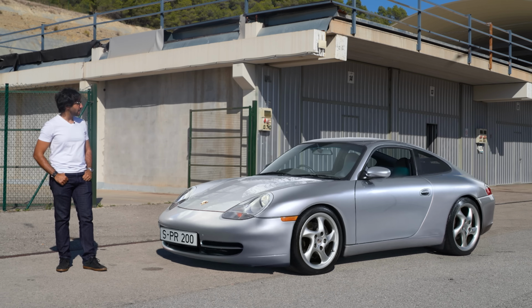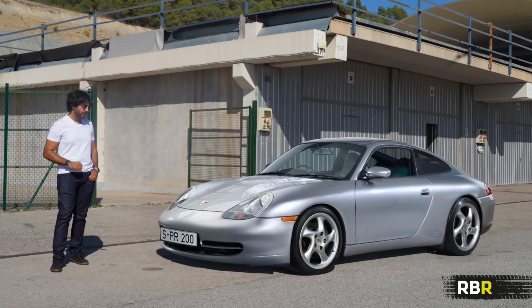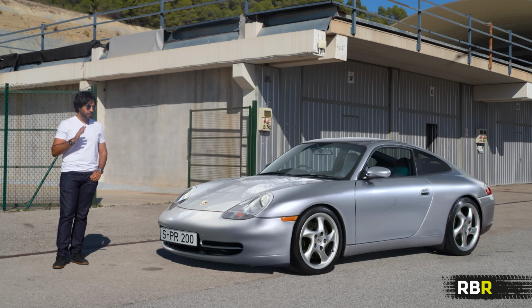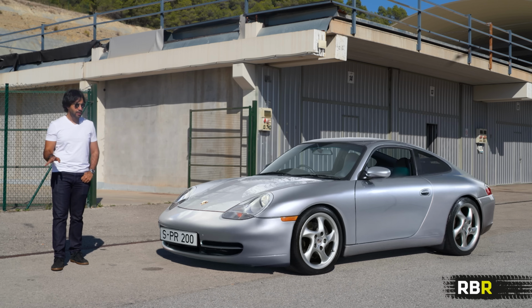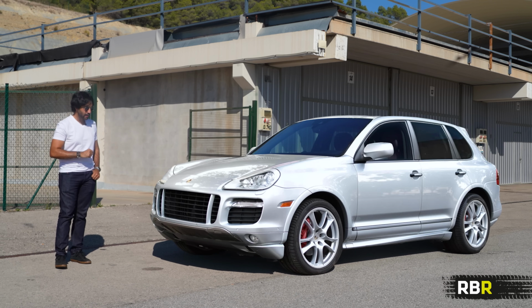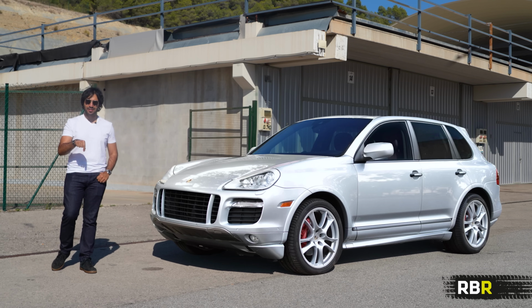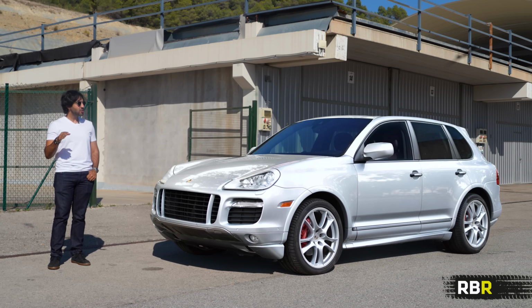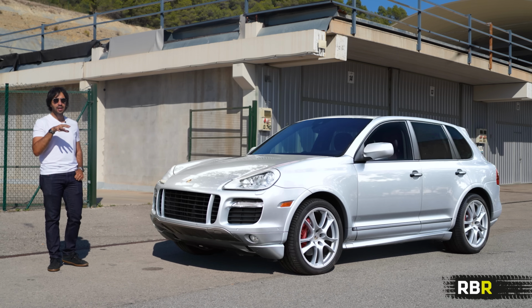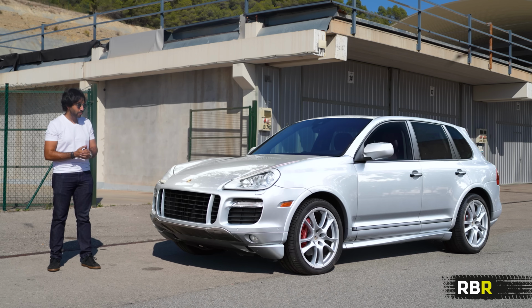So guys, back in 2002, a low volume, low profit manufacturer called Porsche decided to take a big and risky move and make a car that they'd never made before. And that was a big sporty SUV called the Cayenne. And it was of course met with resistance from the market, but now 2 decades almost later, it is essentially a cornerstone of this company's profit and it's allowed them to make some crazy cars thanks to that profit, like